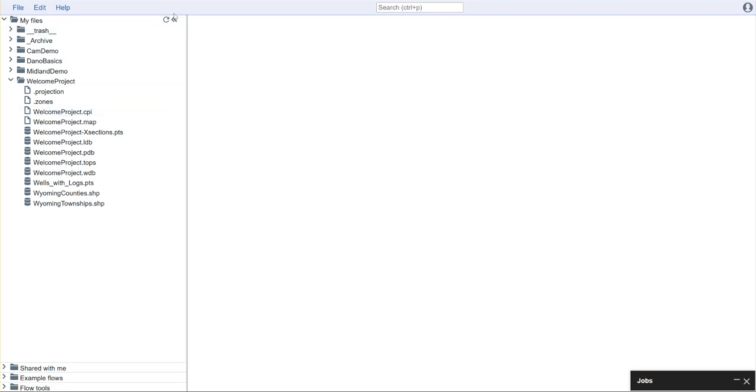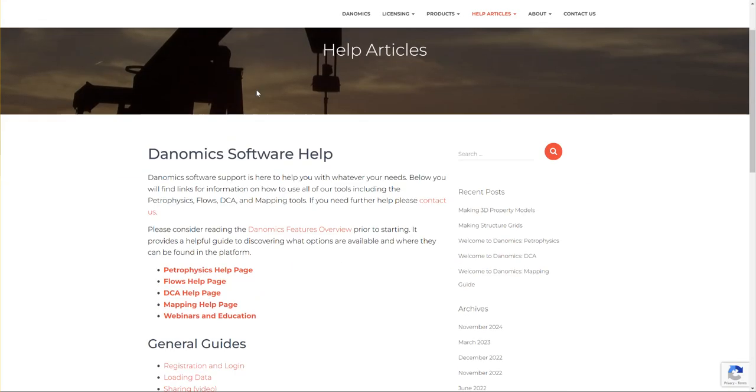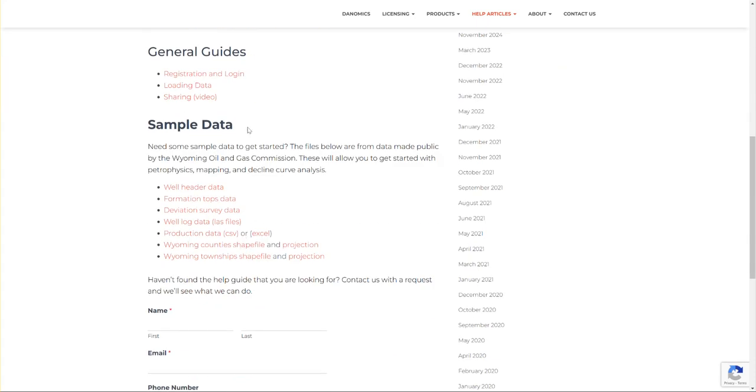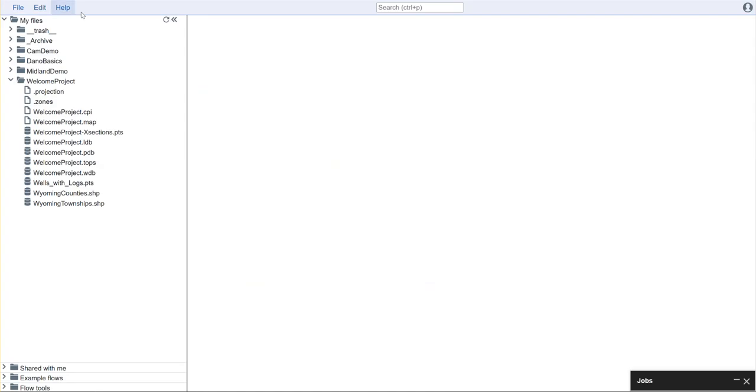So first of all, we need to load our deviation survey, and to get to that, we need to go Help and Help Articles, and scroll down to the section for sample data, and then we'll say Deviation Survey Data, and if you click on that, it will download the file to your Downloads folder, and then we'll come back to here, and all we have to do is